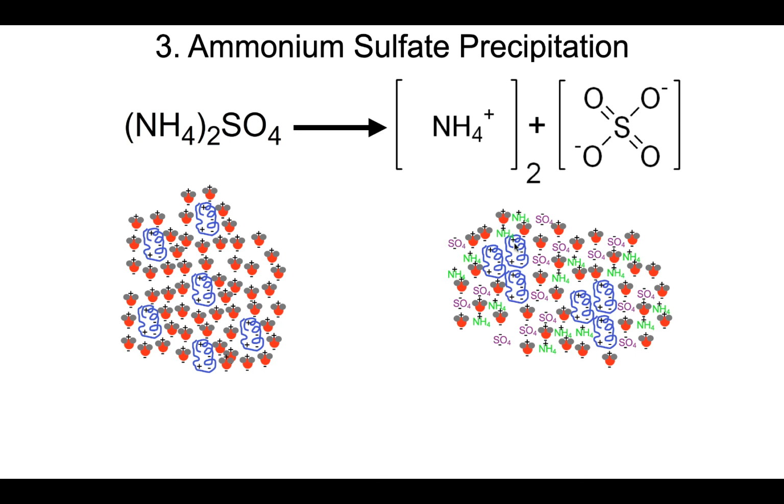Okay, so what that means is all of the protein-water interactions are now being replaced by water-salt interactions. These proteins are being left out of all of those interactions. They're being excluded from those interactions. So via hydrophobic interactions, those proteins begin to clump together. Depending on just how insoluble those proteins become will determine how much salt you need to add to your solution. And you can then put this into a centrifuge, get rid of the supernatant, and keep that